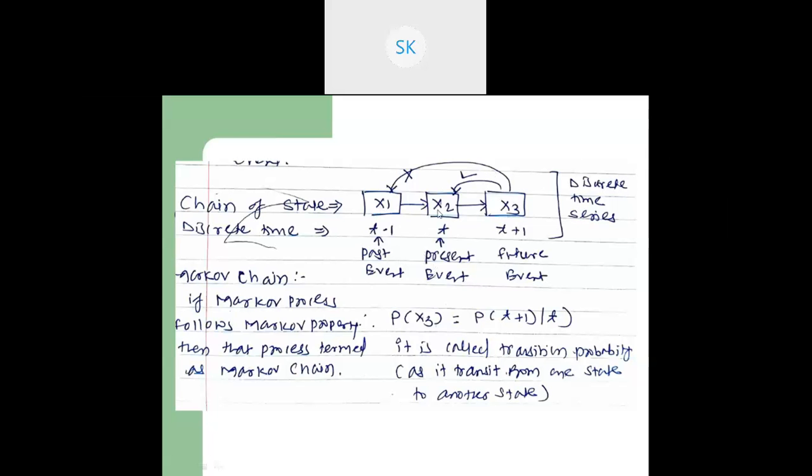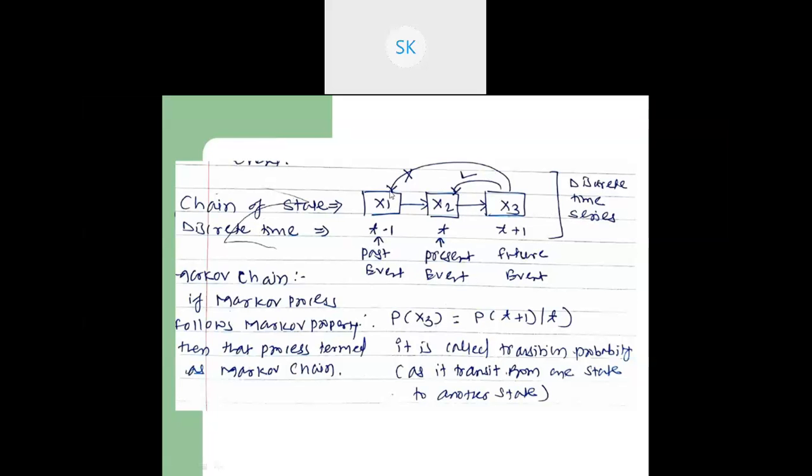we have a look at this diagram: x1, x2, x3 are the three states, and transitions are shown from x1 to x2 and from x2 to x3. We have these three states, and the arrowheads are transitions. Now, these two arrows, don't consider them right now. It is with respect to a discrete time series, so t minus 1, t and t plus 1 are assigned. t is our present event, t plus 1 is our future event, and the past event is t minus 1. So this is with some discrete time series.